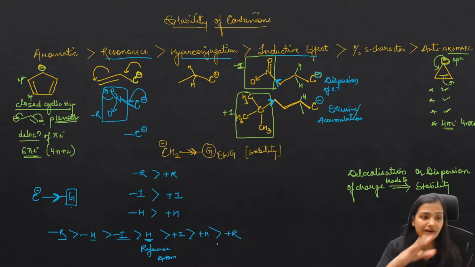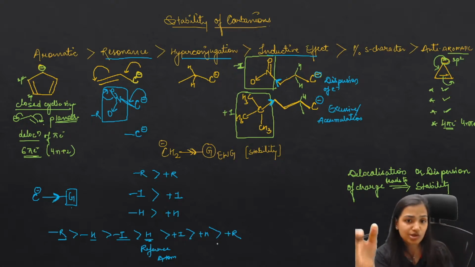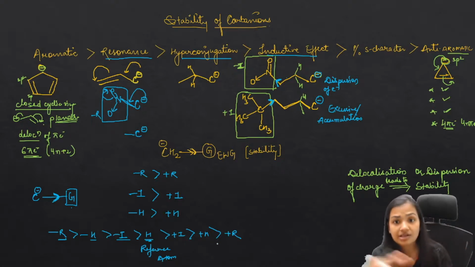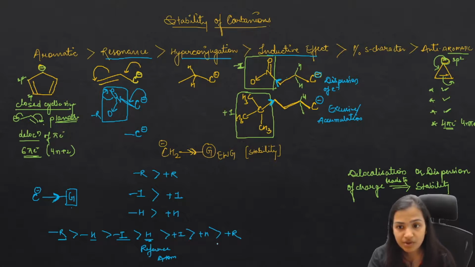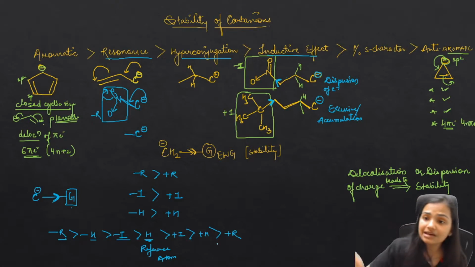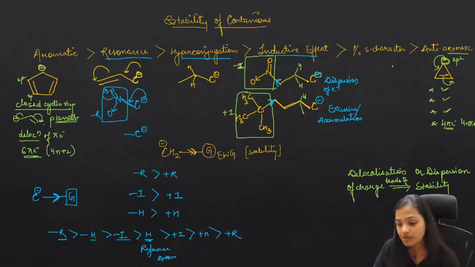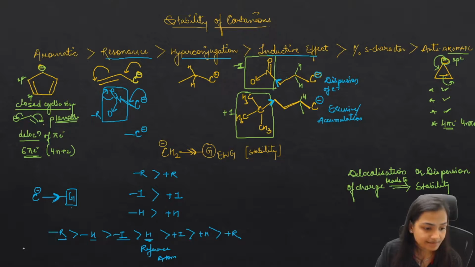I hope you understood why the aromatic are more stable. Then comes your resonance, then comes your hyperconjugation, then comes your inductive effect, whether it is plus I or minus I, then comes the percentage of S character. So what does this mean? Guys, this is the last factor, and this simply says that